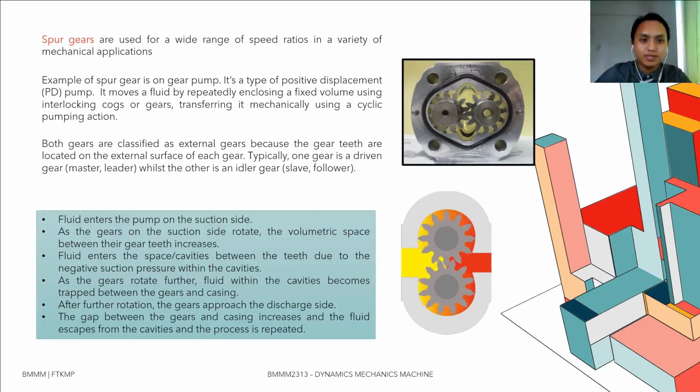For the working principle of the fluid, first, the fluid enters the pump on the suction side. Second, as the gears on the suction side rotate, the volumetric space between the gear teeth increases. Fluid enters the space cavity between the teeth due to the negative suction pressure within the cavities. As the gears rotate further, fluid within the cavities becomes trapped between the gears and casing. After further rotation, the gears approach the discharge side and the gap between the gear and casing increases and the